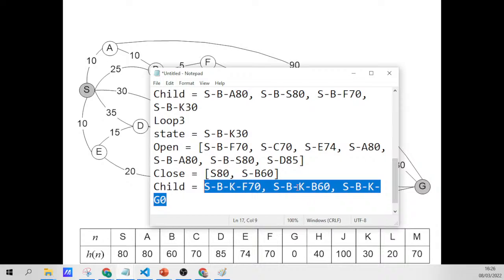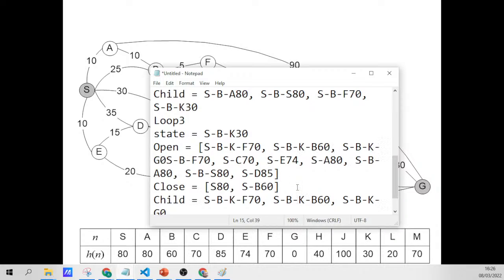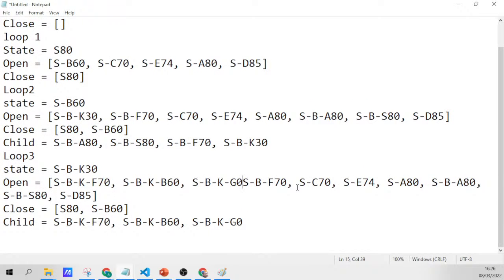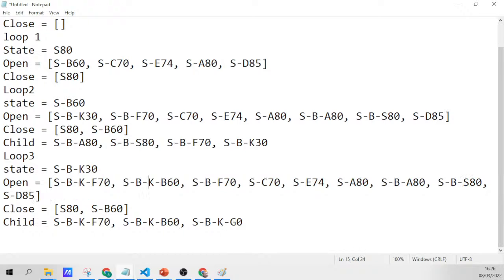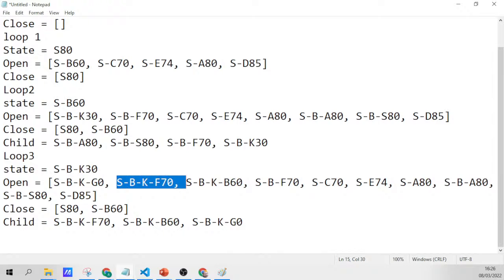So we will add this one to the open list and then sort this one. Okay, it's already sorted from 0, 60, 70, and so on. So in the next loop